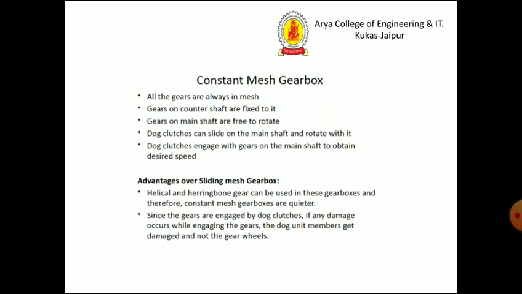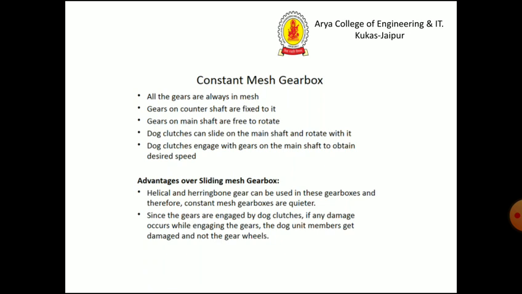Constant mesh gearbox. In this, all the gears are always in mesh. Gears on the counter shaft are fixed to it, and gears on the main shaft are free to rotate. The dog clutch can slide on the main shaft and rotate with it. The dog clutch engages with the gears on the main shaft to obtain the desired speed, and it has an advantage over the